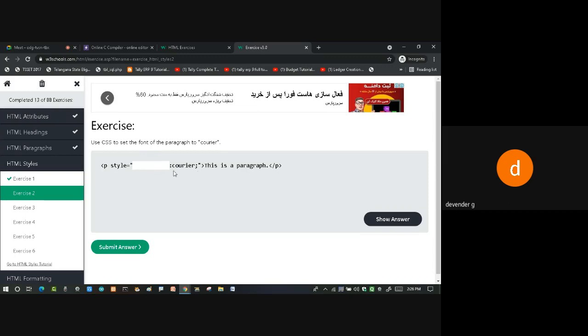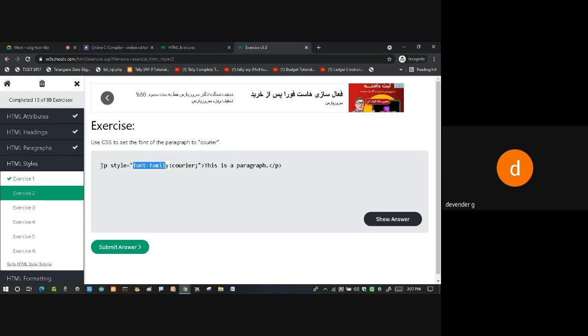So here you can say style is equal to font, and I'll say it can be a font family because he needs something called Courier. So this is the style of the text. Times New Roman, Garamond, Verdana, like that, we have different kinds of styles for the text. He wants the style of my text should be Courier. So what is the tag that is missing? It is missing something called font family.